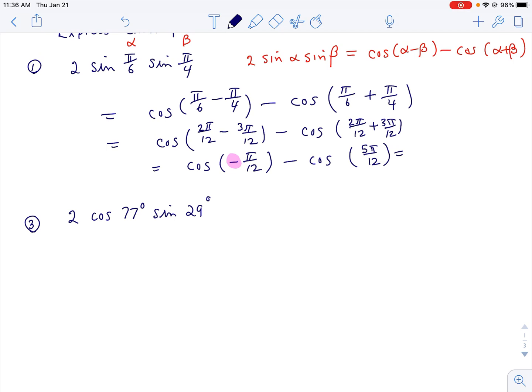So we have these little things called even-odd identities, which means for the cosine of a negative, you can just drop the negative. So as a final answer, we get cosine of pi over 12 minus the cosine of 5 pi over 12. I know it sounds crazy what we did. We actually just took things multiplied and turned them into things being subtracted. In case you're wondering, the purpose is that in calculus, sometimes you have to take stuff multiplied together and change it to an addition or a subtraction problem. So I'm going to pause here and